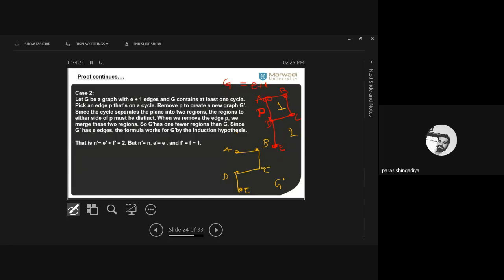E dash is equal to E. Now a question for that: why is it E minus 1? E dash should be E minus 1. So here just check both graphs. When we consider the P,